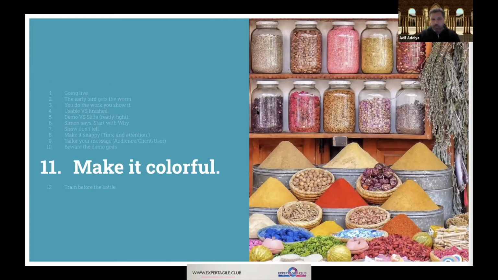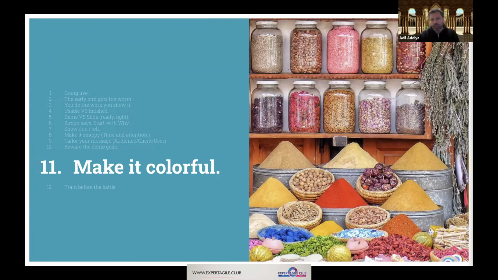Make it colorful, like literally. Try to make anything you build have meaning by injecting some visual element into it. Humans are involved in associating meaning with colors, with shapes, with stuff like that, so try to capitalize on that.